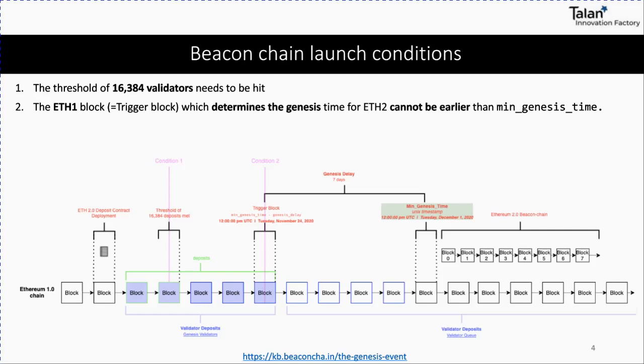Here you can also see that there are some delays between the creation of the first block and the two conditions. This delay is just to make sure that all the deposited Ether is really going to be on the second chain, because as you know, if we don't wait a few blocks after the transaction is sent, it may be reverted, and that's a problem. So we will see in more detail what that means, and we will talk about finality.